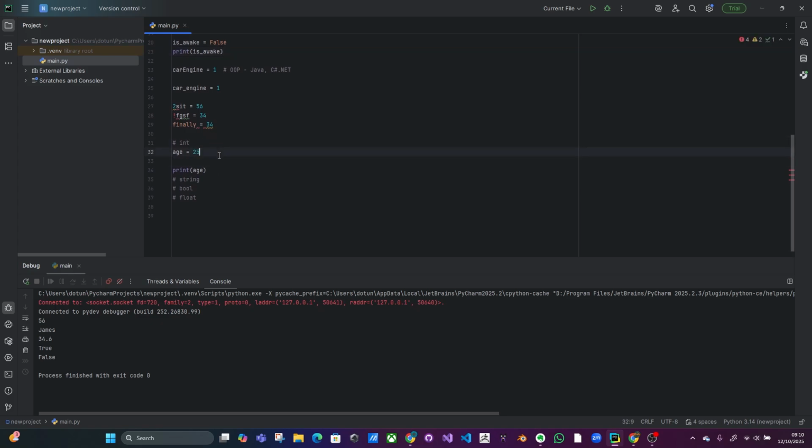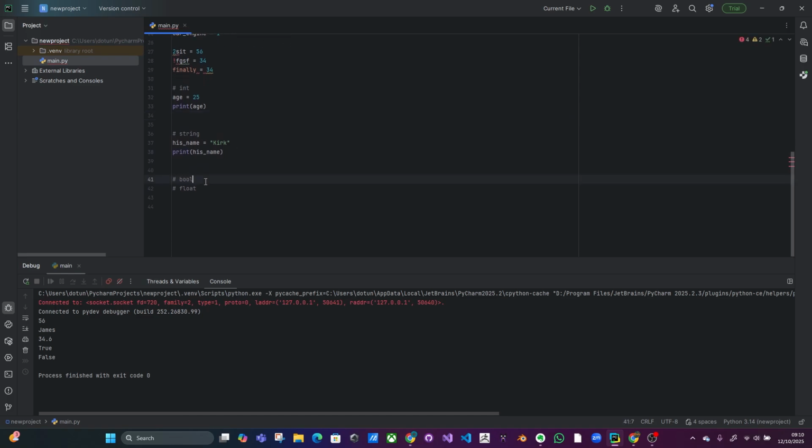It has no dots, no zeros, so it's important because the system differentiates between ints and other numbers that have a dot at the end. So print age, and then for string, we've seen the string before. I come down here and I say his name, called, so it's going to print that variable out,